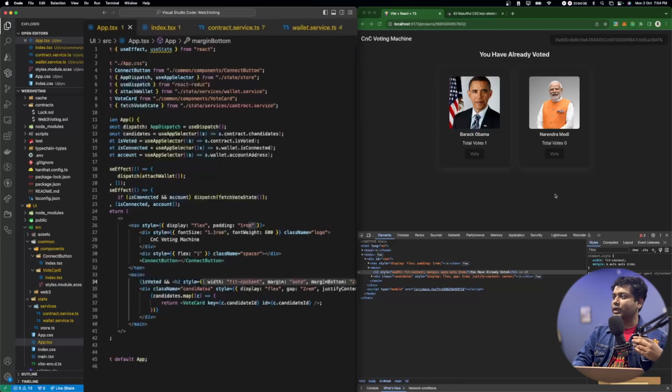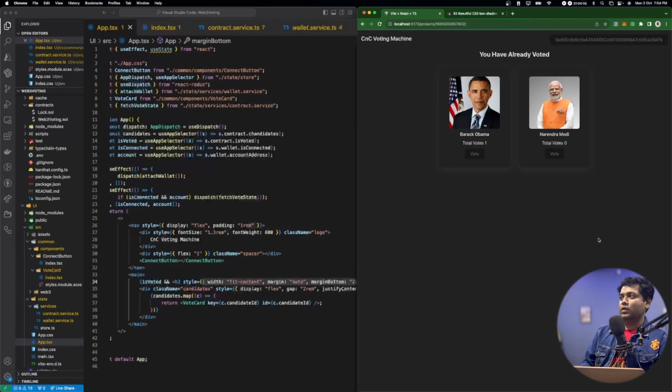So now we have a working voting machine ready, and anyone in the world can come to this website and click on whichever person they want to vote for, and they will not be able to cheat. Even if the UI is not showing you have voted, or is not disabling the buttons, the contract will also not allow the user to vote, even if the user hacks the UI and tries to vote by changing the elements. The contract will also not allow the user to vote, so you will only be able to vote for any one